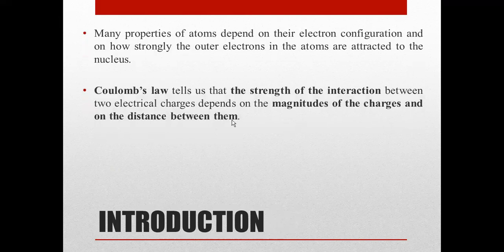He said the strength of the interaction between two electrical charges depends on the magnitudes of the charges and the distance between them. So according to Coulomb's law, the strength of the interaction